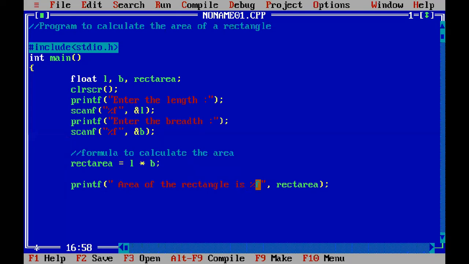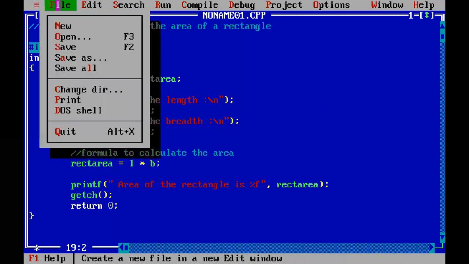Okay, and because we would want the outputs to be displayed on separate lines, what you can do is either give a \n here at the end, or you can give it here also at the beginning. Okay, let me just give it at the end just before closing the double quotes. Okay. So this is the program. Now getch, return 0.